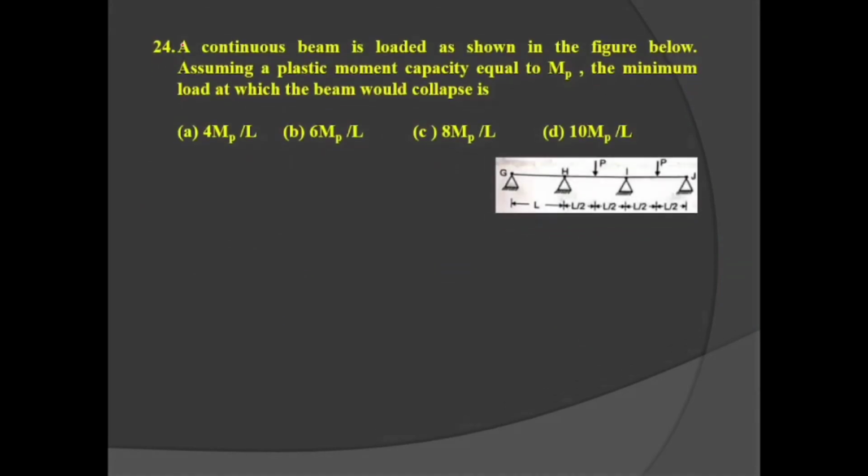A continuous beam is loaded as shown in the figure below. Assume a plastic moment capacity MP; find the minimum load at which the beam would collapse. Two mechanisms will be there. First mechanism, IJ may fail. Second mechanism, HI may fail. So my dear students, our first possibility